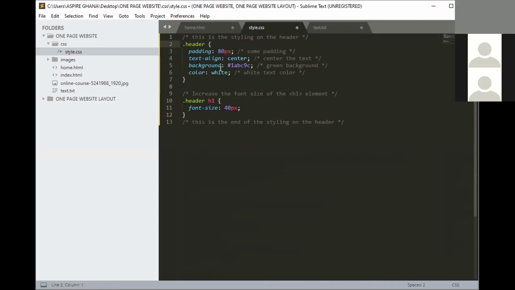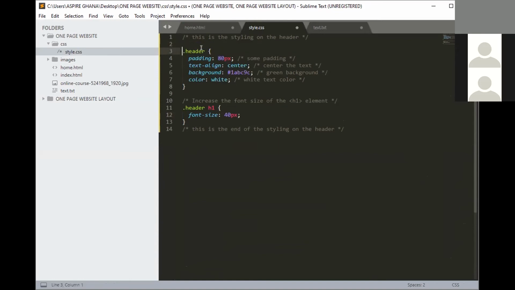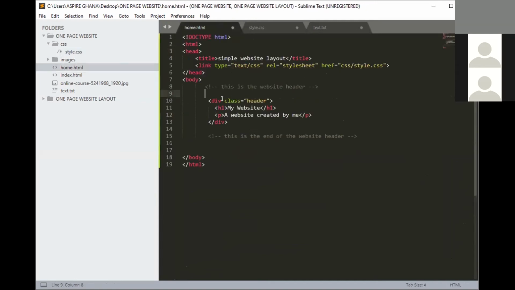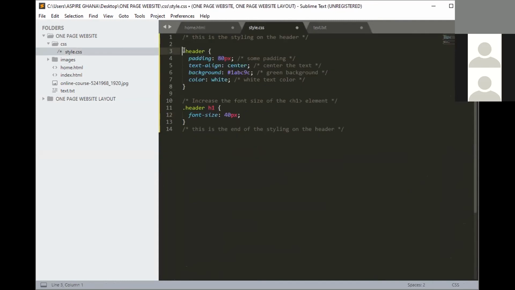Now I'm going to explain to you what these codes are doing. Now the first thing is a header class. As you can see, we created a class with the name header. So we need to add the dot operator on it so that we can create the header class. Now the padding here is